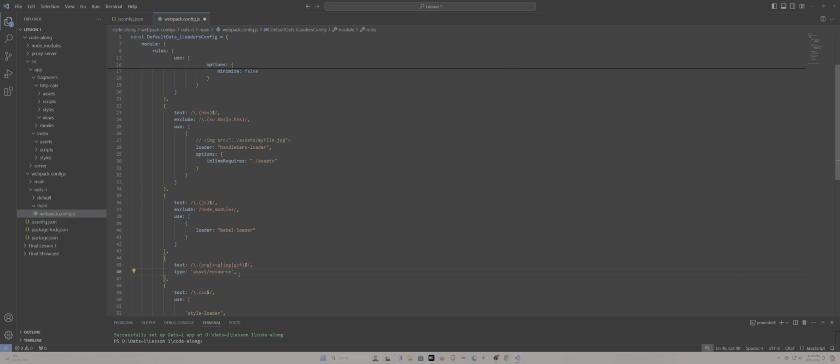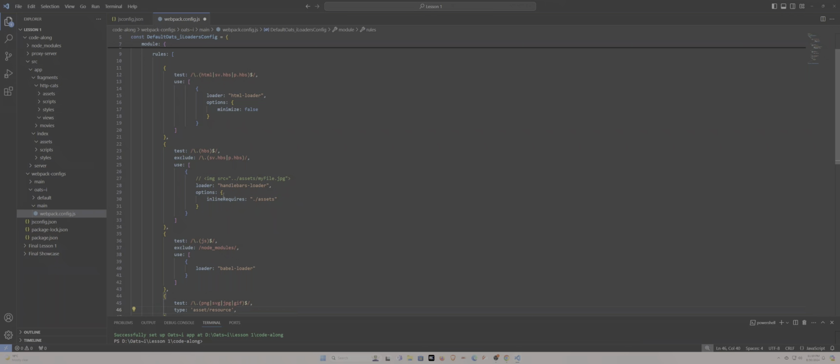If you want to use Webpack lower than 5, you will have to configure the right loader right here. But for Webpack 5, you have your asset/resource. Now, because the directive for inline requires is any asset that is in the assets folder, if we were to use a different folder name, let's say images, so that we had an image tag in our handlebars template specified like that, we'd have to update this, change that, and provide a similar value,